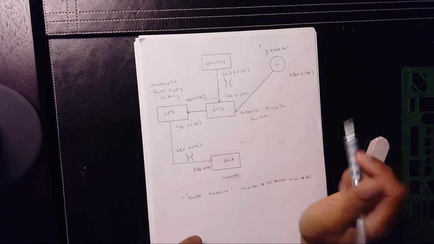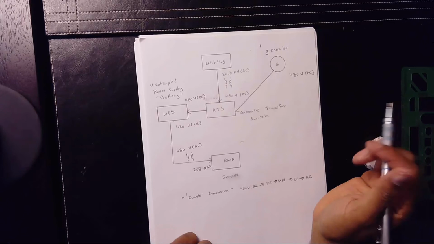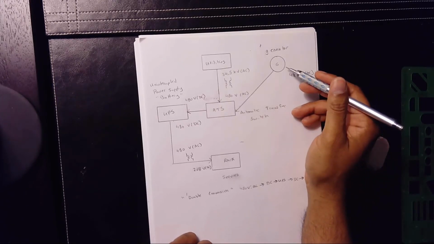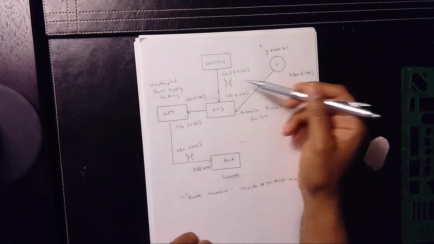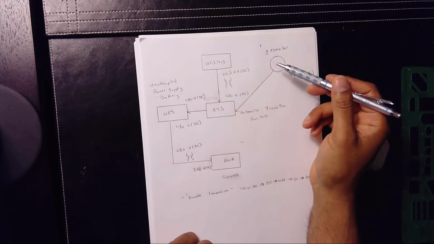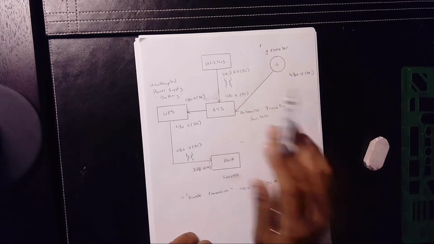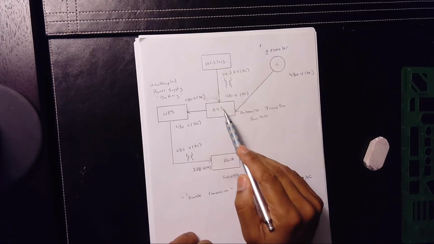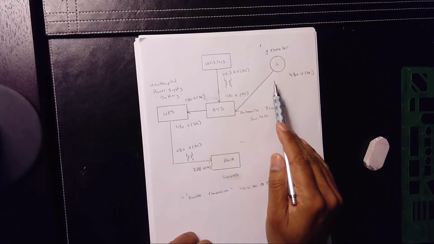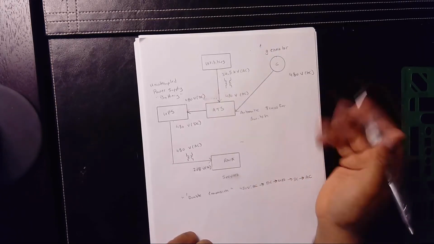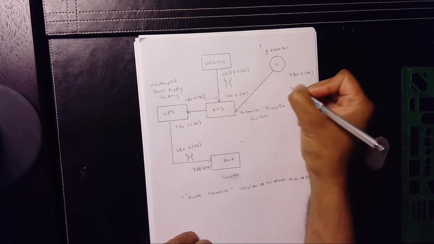Now, the key to this is that the generator is only on when the utility is out, but it takes 45 seconds at the fastest for the ATS switch to transfer from the utilities to the generator. If that's the case, right? So what's going to happen? So if the generator takes 45 seconds,